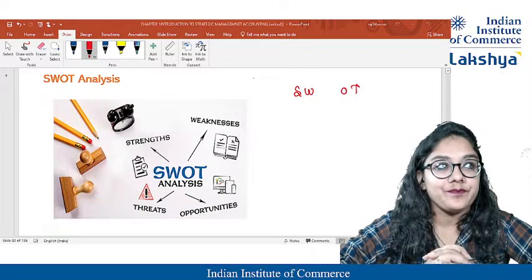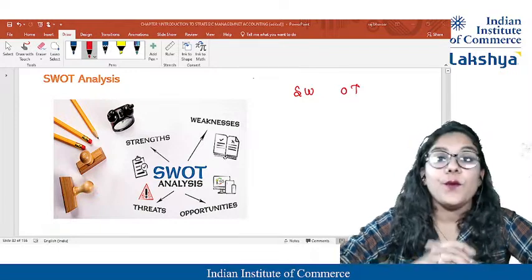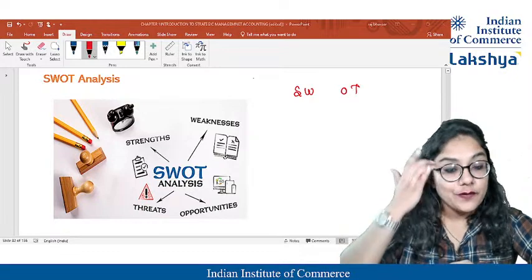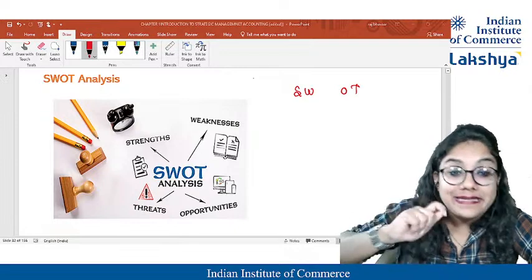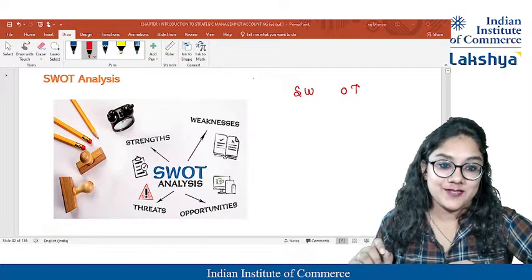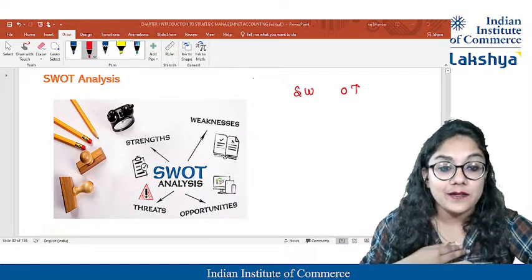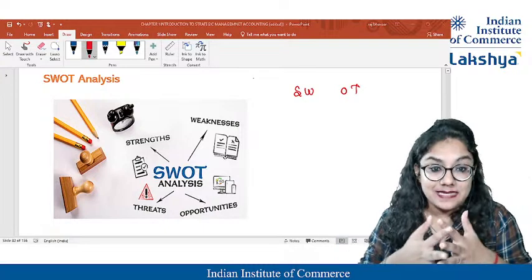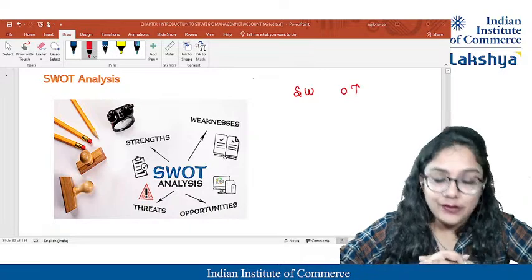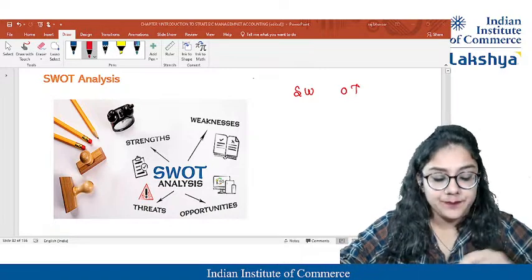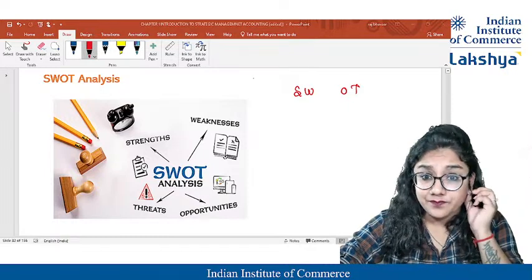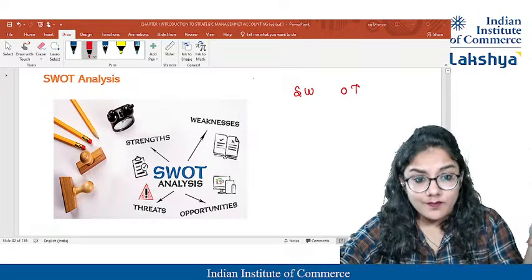What is strength? I can understand what the company is good at, what I can handle easily. For example, I got to know that solving practicals is my strength, but theory is my weakness. I can analyze this on my own, so it is an internal factor of any organization. Then, for example, if the government has given any reliefs, I got to know that this is my opportunity.